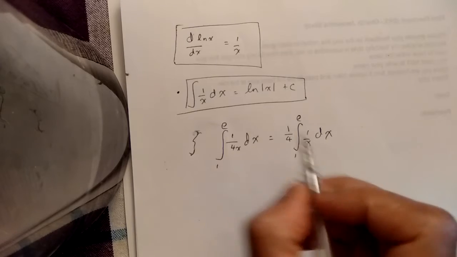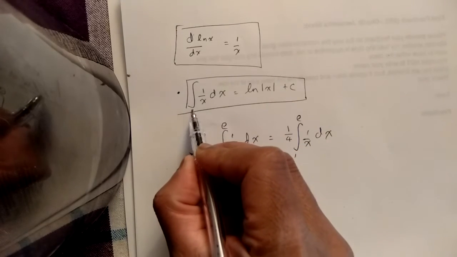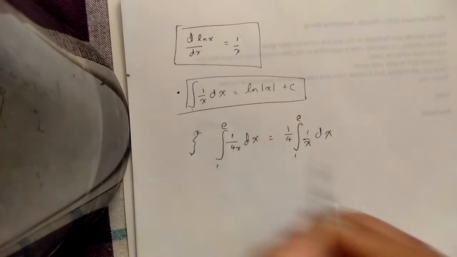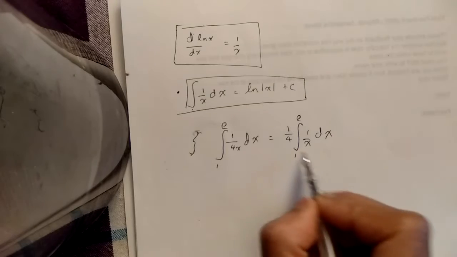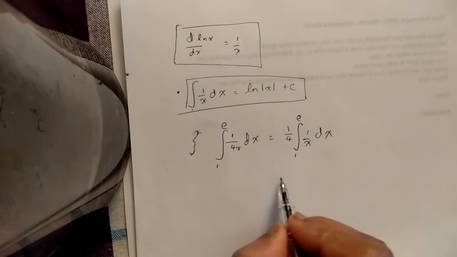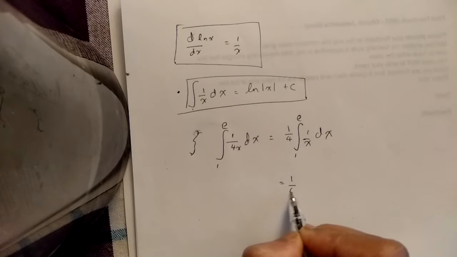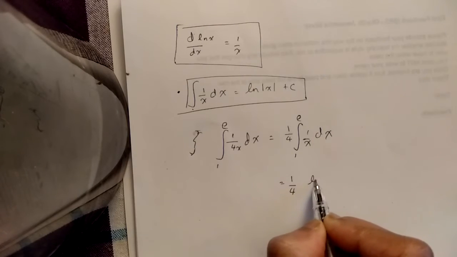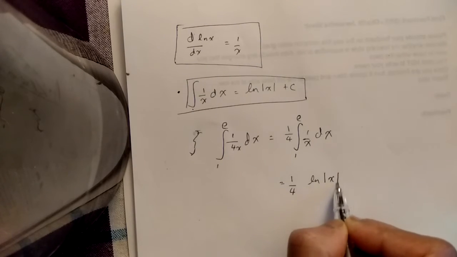And now we have the standard integral rule, which gives us that the integral of this one will be equal to ln x plus c, and that can be written as ln mod x, don't forget to put mod x,